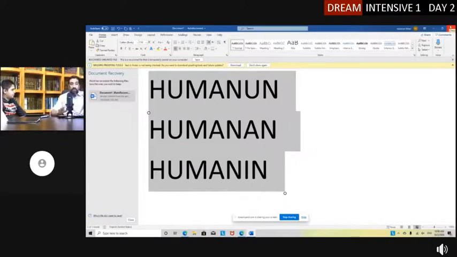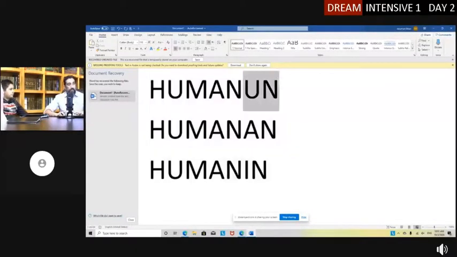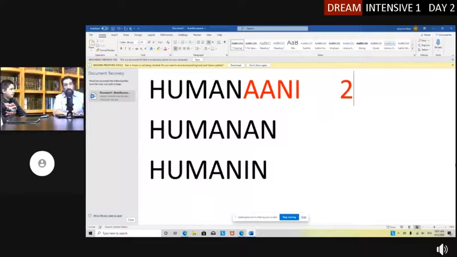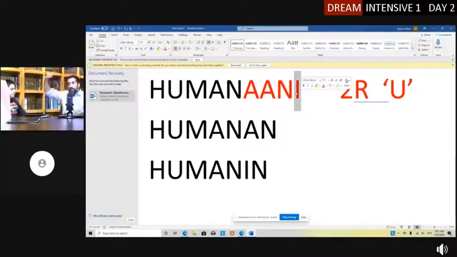Now we can't, the sound won't do it. The sound can work only for ones. But if you want 2s, then you got to add, I'll put it in red, ani. When you add ani to something, it's 2 of them and they're rafa. Now that's crazy, because when it was 1 rafa, it used to have the u sound at the end. But this has the e sound at the end. And all this time I thought when I hear the e sound, it's going to be jar. But this time you're saying it's 2 rafa. That's because this is not an ending sound. It's a combination. This is a whole big fat combination. And that's why I said don't look for sounds first.